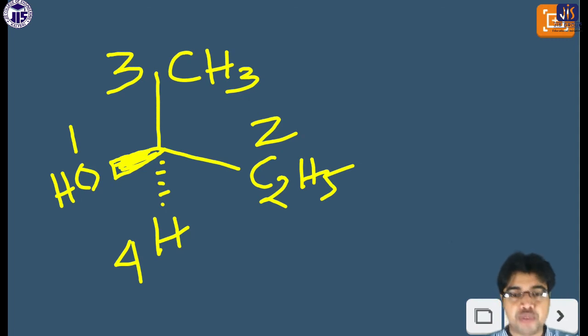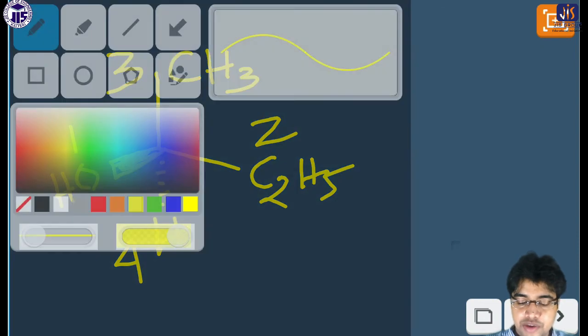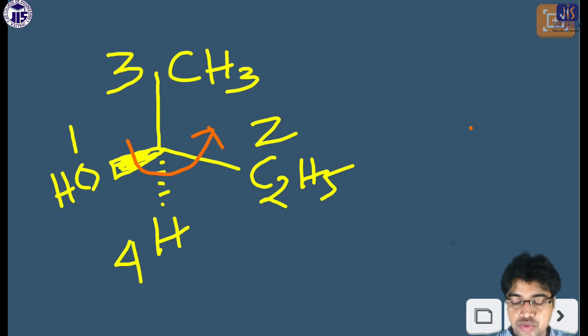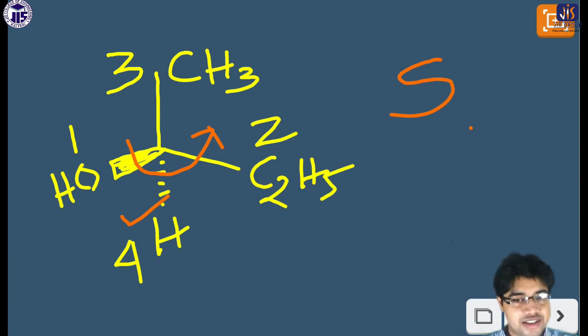In the flying wedge formula of this type, what is your duty? Whichever is in the back position, just leave it, and show the other orientation. So here you have to think about 1, 2, 3. It is the anti-clockwise direction. So with 4 back and anti-clockwise, it will be the general case, S. 2 or 4 back, anti-clockwise, it will be S. It is the general case.